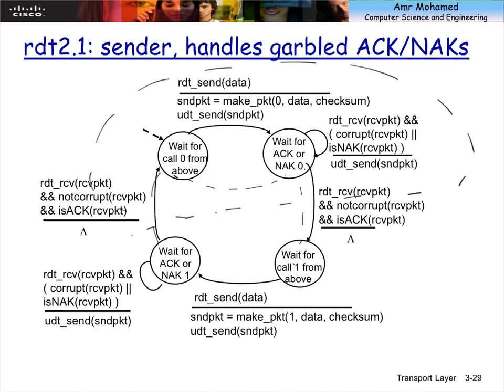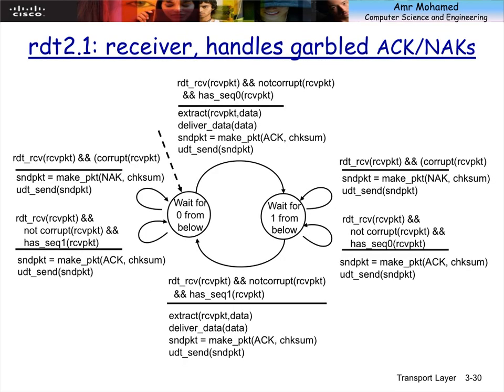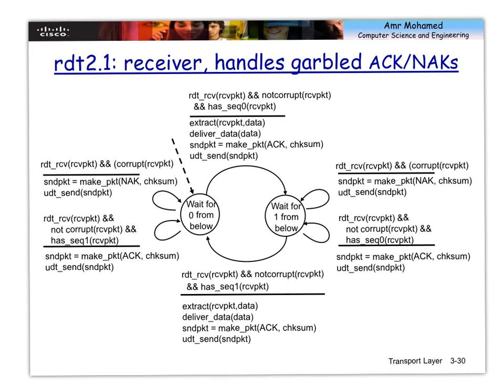Okay? Do we need this or not? We will see. So this is from the sender side. It's just a duplication. From the receiver side, these are the possibilities. So again, we are splitting the states into waiting for 0 or waiting for 1, right? But now, let's look at that. The states now have become a little bit more complicated. So waiting for 0. So I have 3 possibilities now. 3 possibilities for each state.